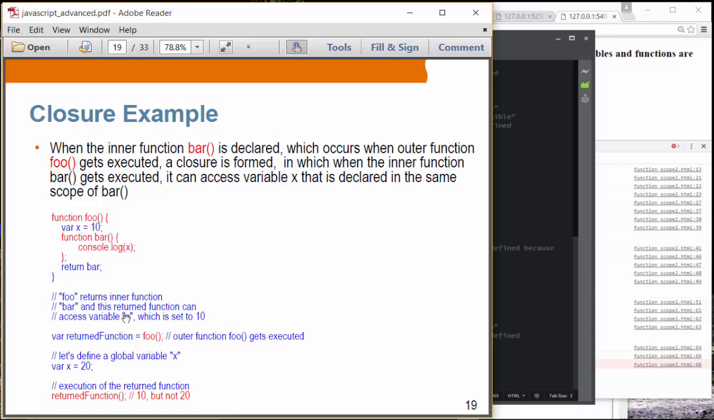All right, so basically just to repeat what I said: when the inner function bar is declared, which occurs when the outer function foo gets executed, a closure is formed. In that closure, when inner function bar gets executed, it can access the value of all the variables that are in the same scope, in this case x. So when bar is called, okay,